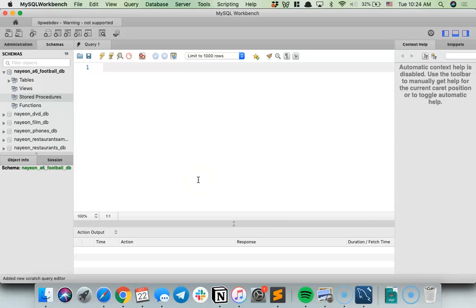Okay, so what we're going to be doing is writing some SQL. We're going to write SQL directly on MySQL Workbench, and that's going to allow us to interact with or pull some data out from our database that lives on the server. So please get that set up for now.